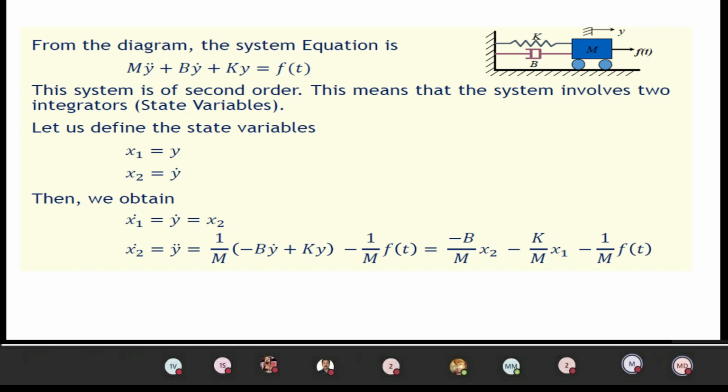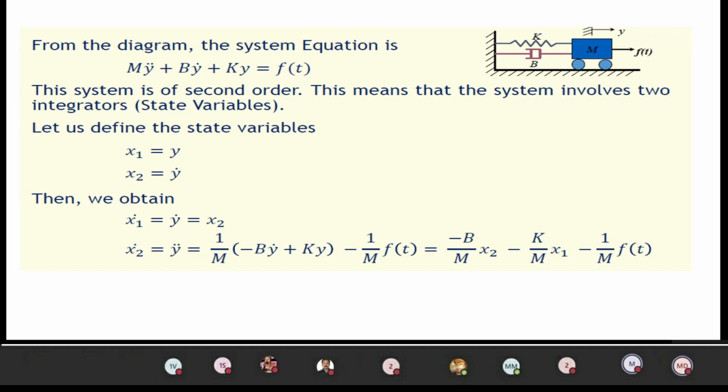Here, whenever the mechanical system is there, we have to assign the state variables as the minimum variables. The state variables will always be chosen as the output displacement, velocity and acceleration. Here we have displacement y, which is chosen as the first state variable, and the second will be the velocity. Velocity is dy divided by dt, which is considered the next state variable. Up to two state variables you have to assign, and after that you stop.